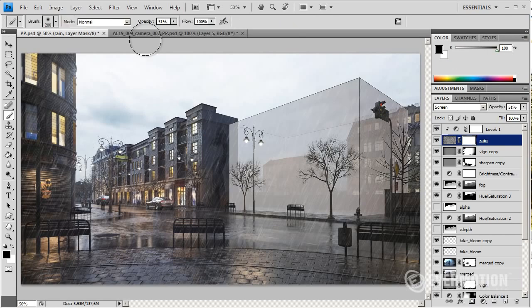So change the opacity to 48 or 50 and we can even